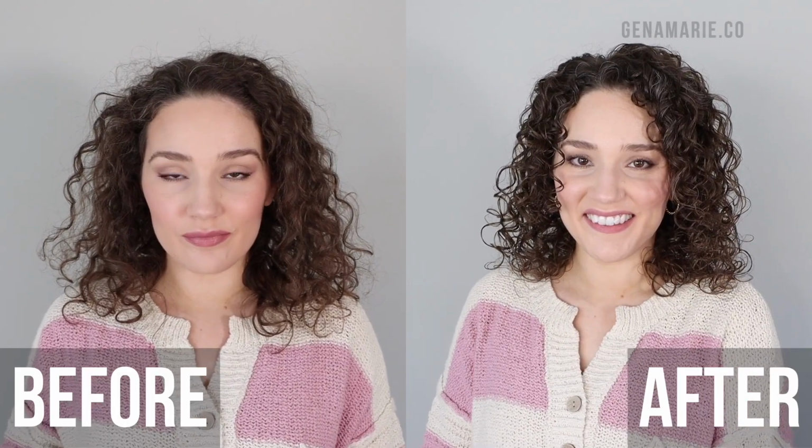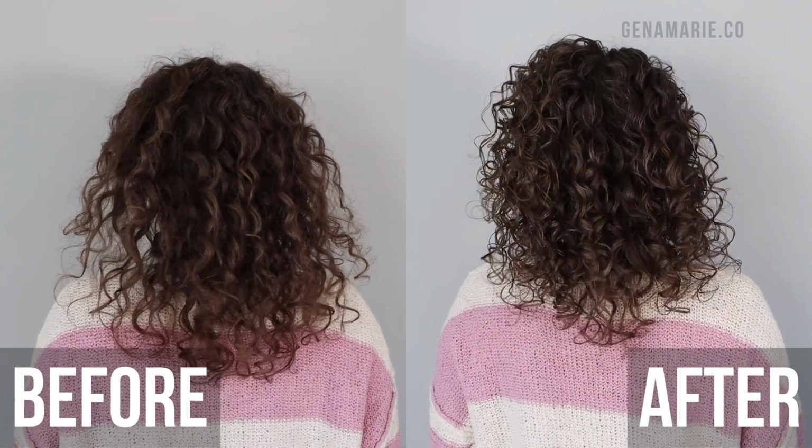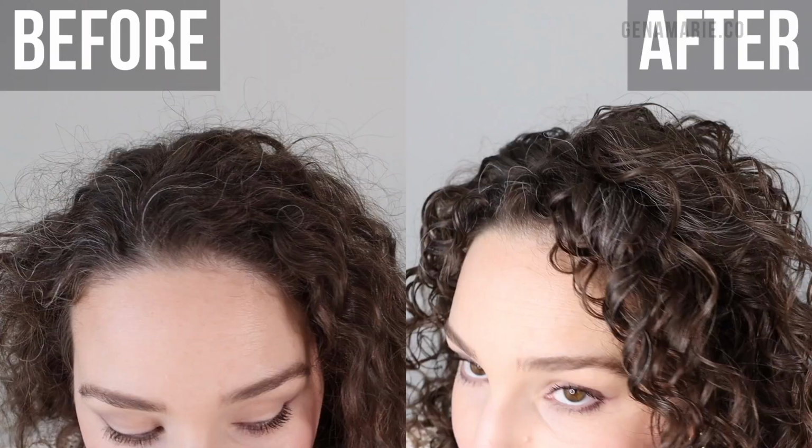So I was really pleased with how this wash day routine turned out with minimal effort. This is definitely the fastest I think that I have styled my curls. And when I am in even more of a hurry, sometimes I will not even diffuse all the way and just let my curls set the rest of the way and then finish scrunching out the crunch once it's completely dry. This is the fastest that I am able to style my curls,